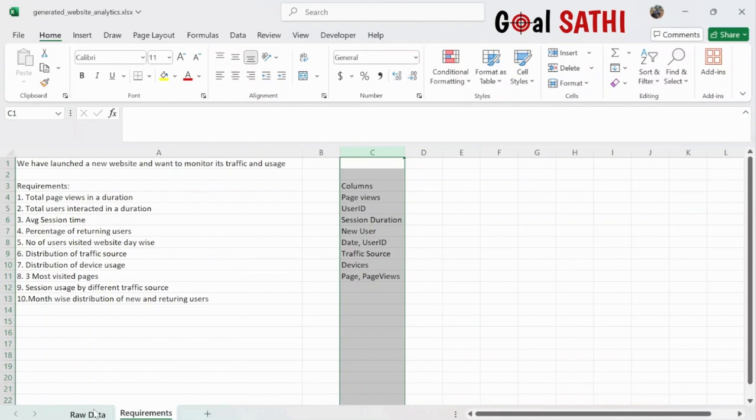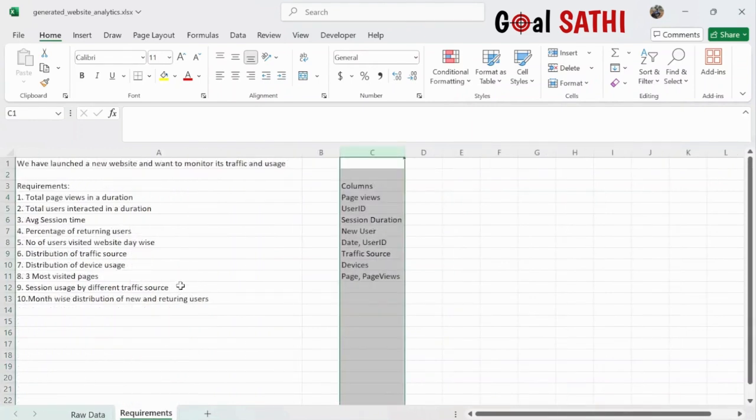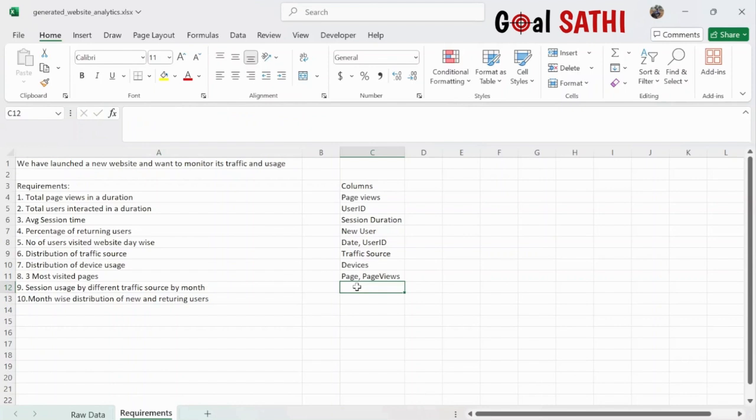For the next requirement, identifying session usage by different traffic source, we will need a session duration column and a traffic source column along with month. So this distribution needs to be based on a monthly basis. So basically we will need session duration, traffic source, and date. From date we will get the month, and month wise distribution of new and returning